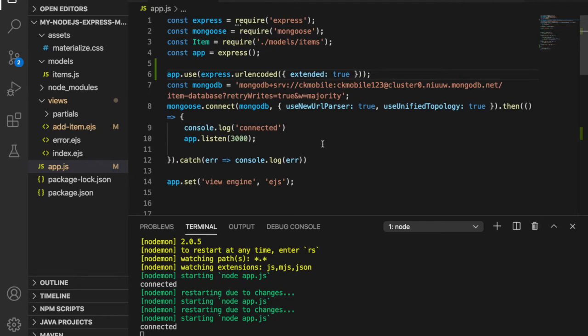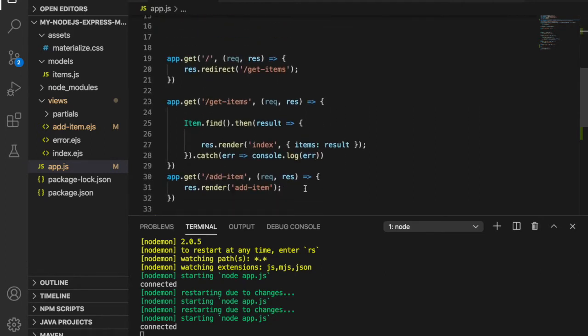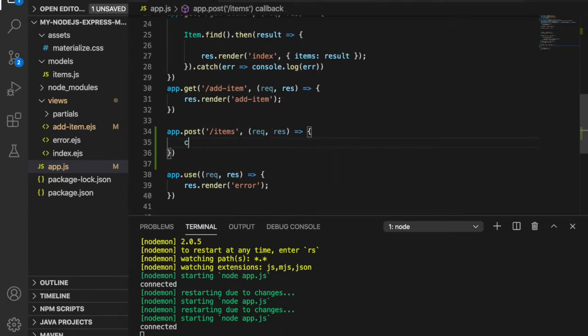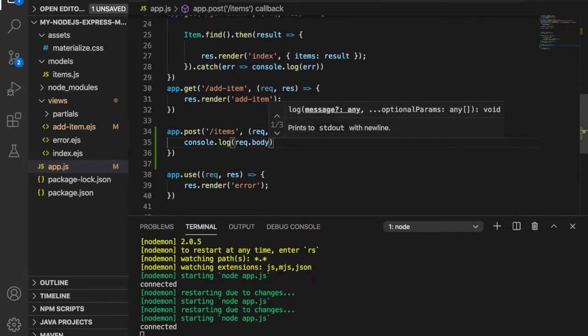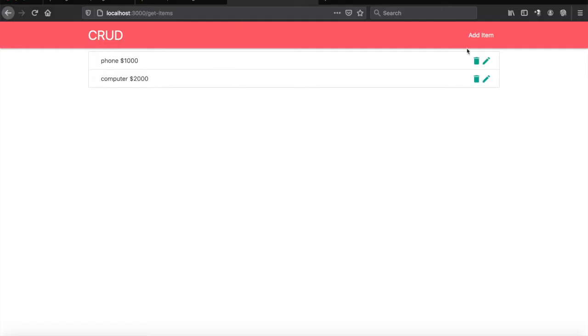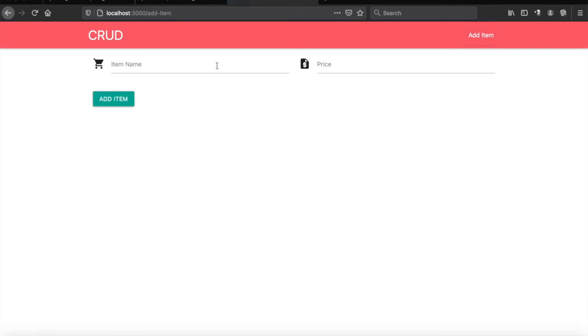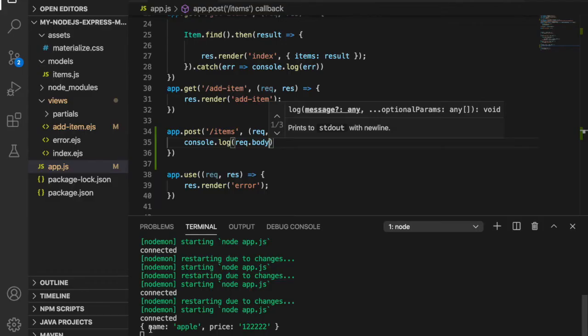So now we can try to console.log the request.body. So here we type console.log request.body and see what happened. Now we go to add items, and if we type some item here and press add item, now you can see